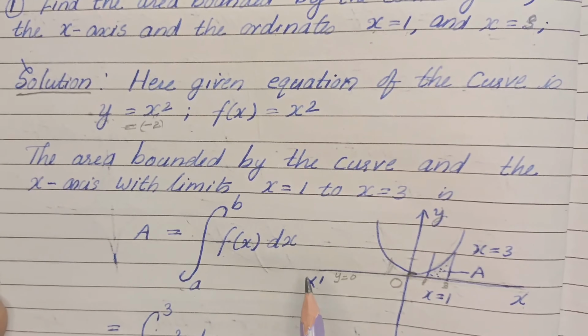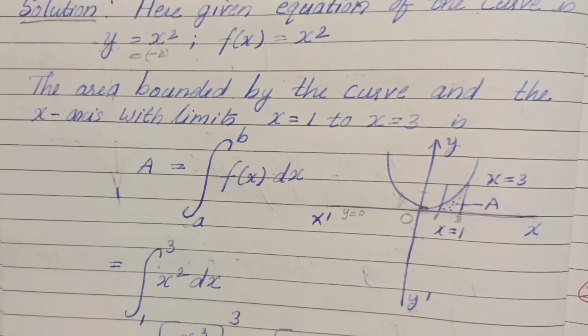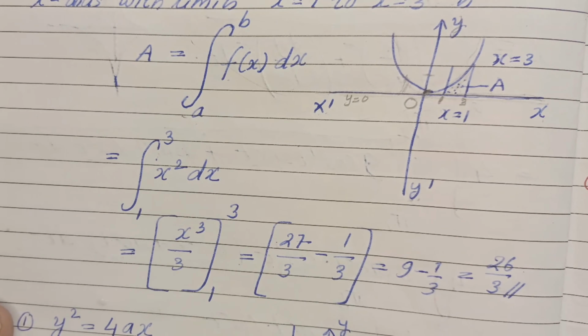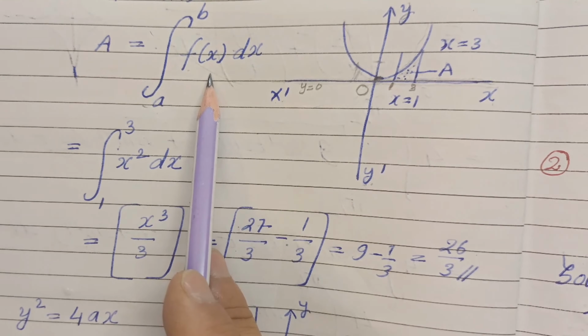So I hope you are clear with this small information, with which you can easily predict any kind of graph that's given to you. Let's learn with some examples, then we will understand. So here in this case, our answer will be something like this. You can just check. We had been given f(x) as x square, like we saw earlier. y is equal to x square, f(x) is equal to x square.